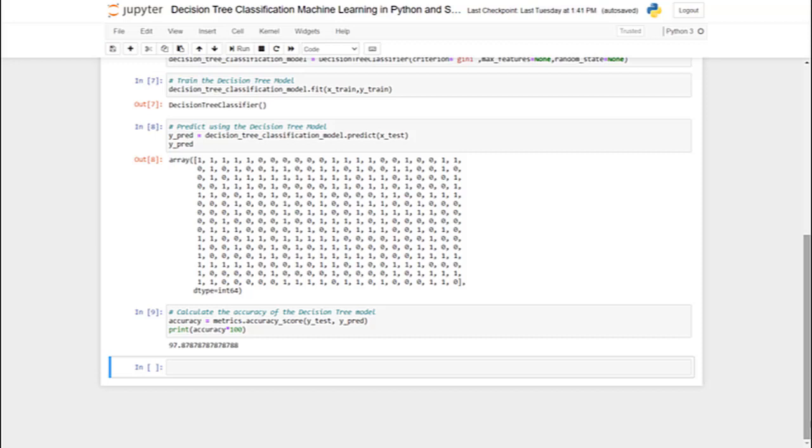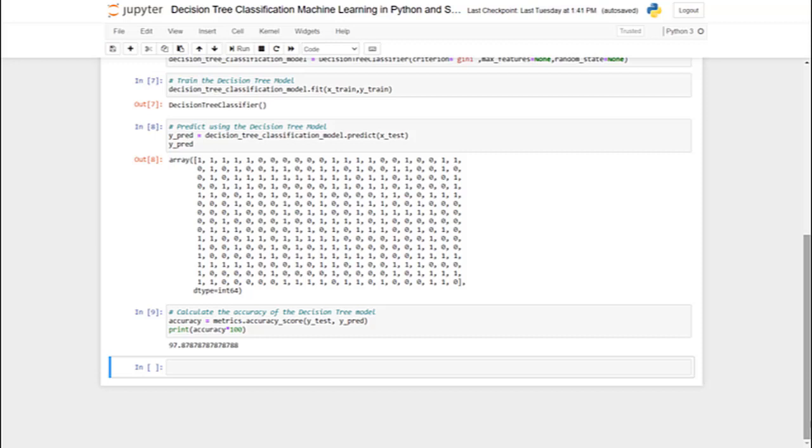Finally, in cell 9, we are calculating the accuracy of the decision tree classification model. This is implemented using accuracy score method provided by sklearn. Therefore, we are able to train, predict, and evaluate decision tree classification machine learning model in Python using sklearn.